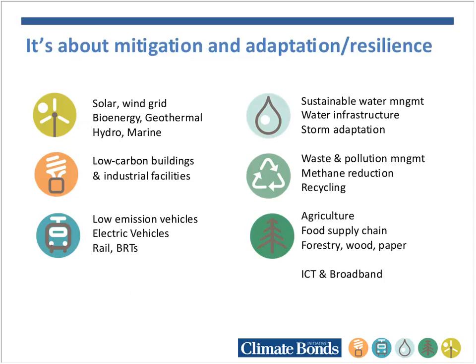Okay, and one thing that's interesting to note: when we're talking from a climate frame, we're often talking about mitigation and adaptation and resilience. In the investment community, we're talking about asset classes. And really the cross between those two is we can talk about renewable energy assets that are obviously delivering mitigation benefits, such as solar, wind, bioenergy, geothermal investments, hydropower, marine, such as wave and tidal facilities, for example. And then moving through other sectors of low carbon economies and development plans, we have low carbon buildings and industrial facilities with high energy efficiency, for example. We have low emission transport, including rail, electric vehicles, bus rapid transit, for example. We have